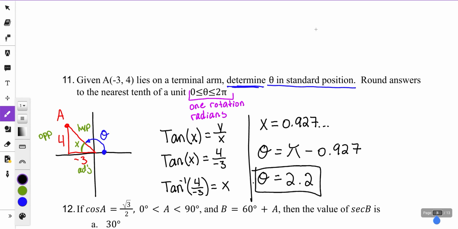Question, or is that just a lot of math in a short amount of time? Yeah, we're going fast now. I want to make sure we get through as much